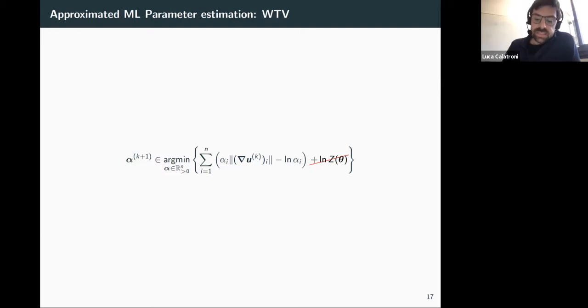The fact is that this constant is often very hard to compute in practice. And in our case, the issue is that we even have to iterate this computation because this is part of